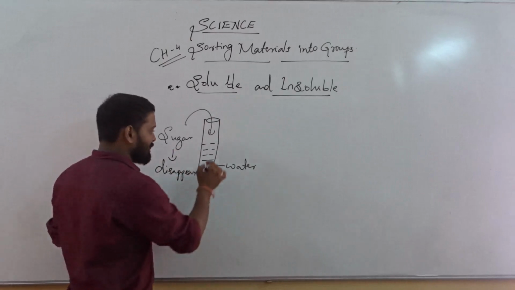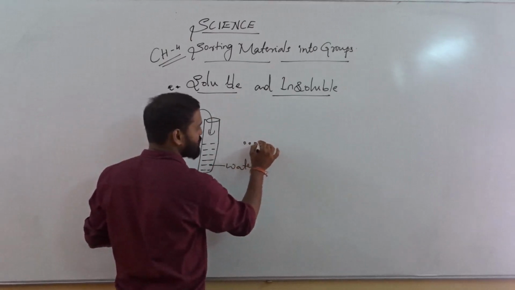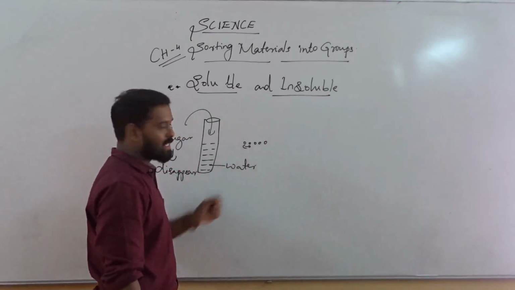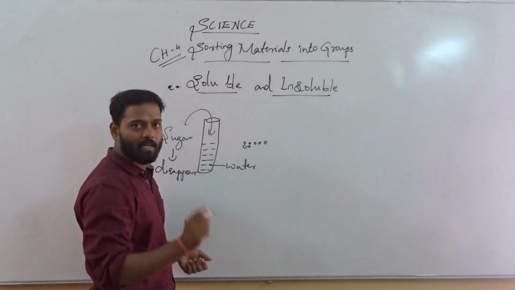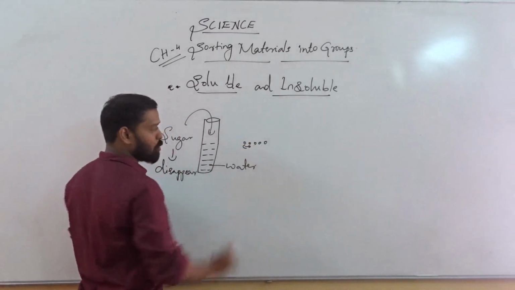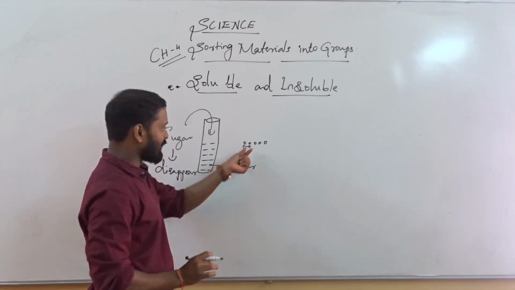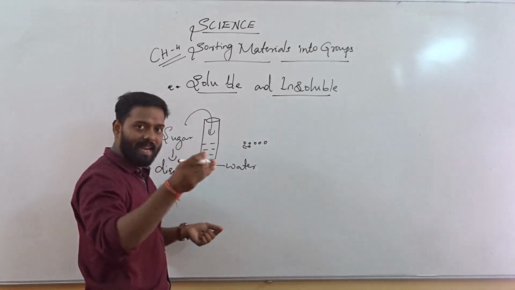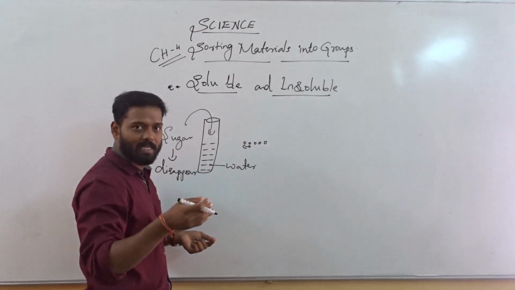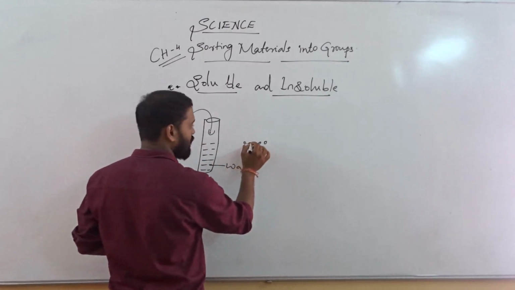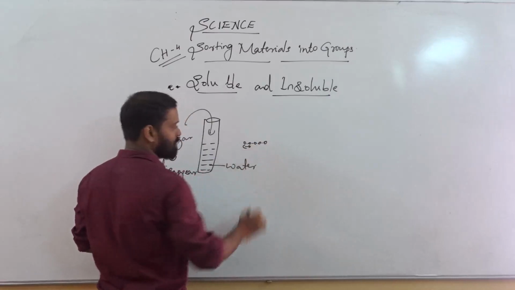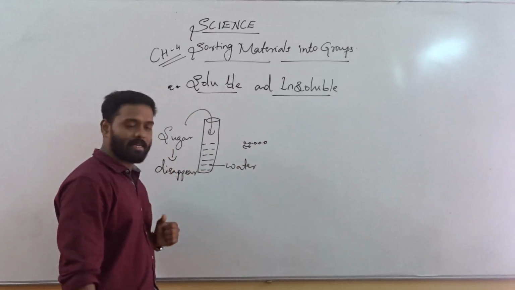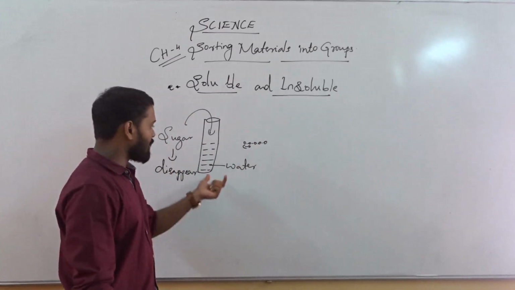You know that in water there is space between each particle, between two particles there will be a space. Okay, basically this space we can call interparticular space, because it is the space between two particles. So whenever you are adding sugar to this, the sugar will break down into several small pieces, and those small pieces will take the places of the space between the particles of water. Okay, that's why you cannot see the sugar particles. They become very small, so that's why you cannot see them.